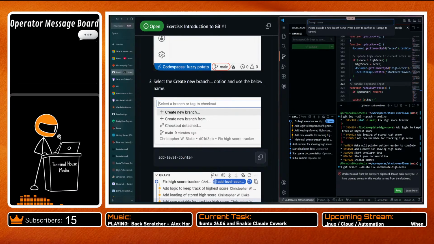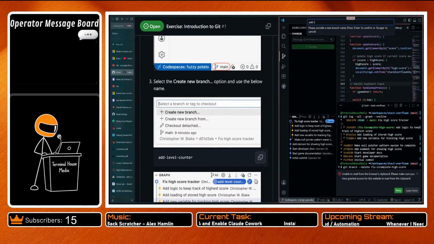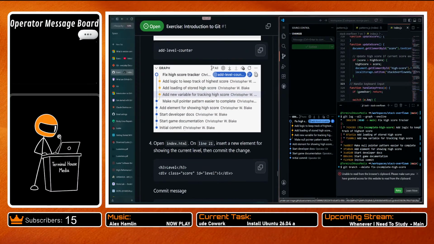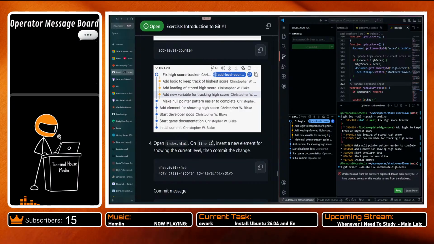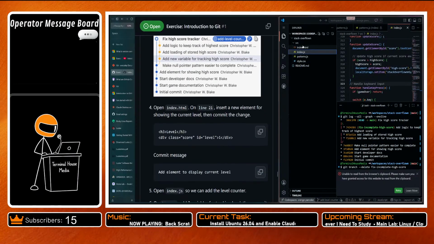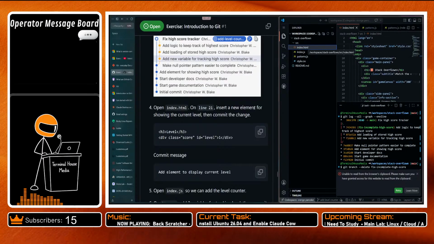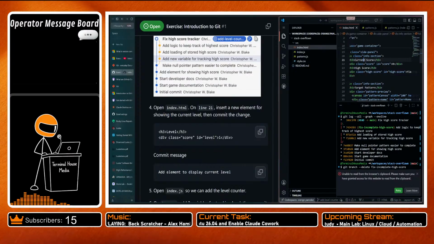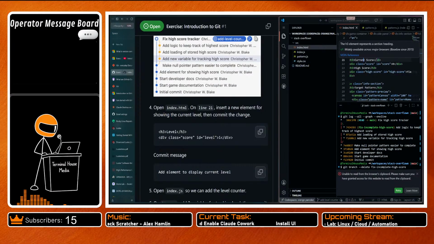All right, I gotta do some typing. Add level counter. All right, then now it's saying open up index HTML on line 21. And the header is going to switch to